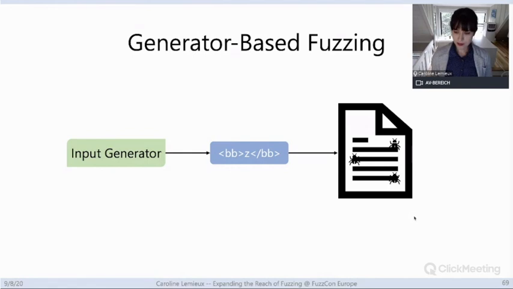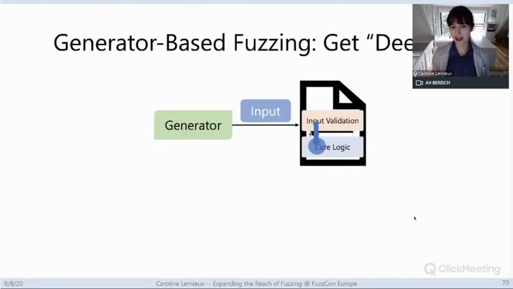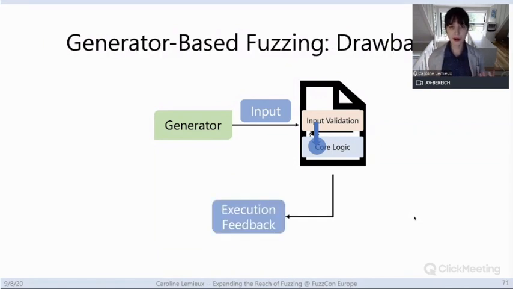And this is actually very powerful. The reason it might not be more widely used is you need a human to manually write that generator. But it's very powerful because now all your inputs are probably at least semantically valid for your program, unless you have a terrible, terrible generator. And so you have a much higher probability of getting deep into the core logic of your program. But a problem with this generator being a random function is that you don't have a totally nice way to link back